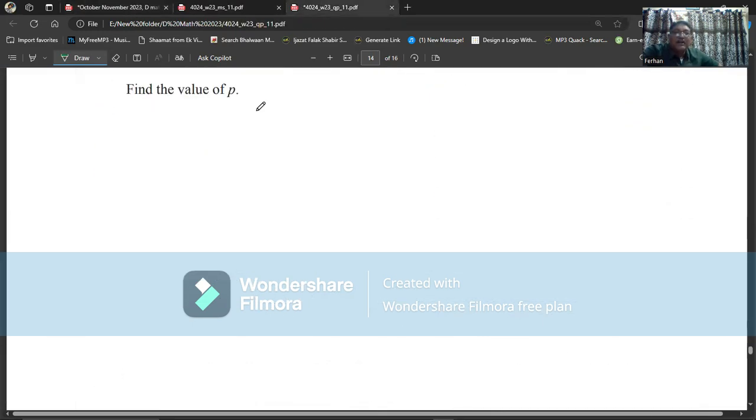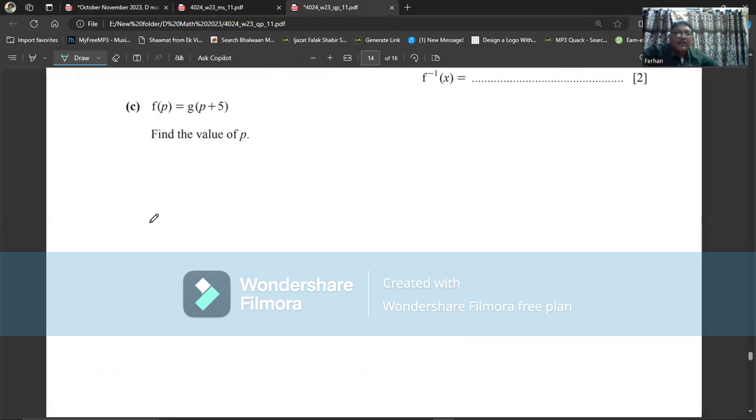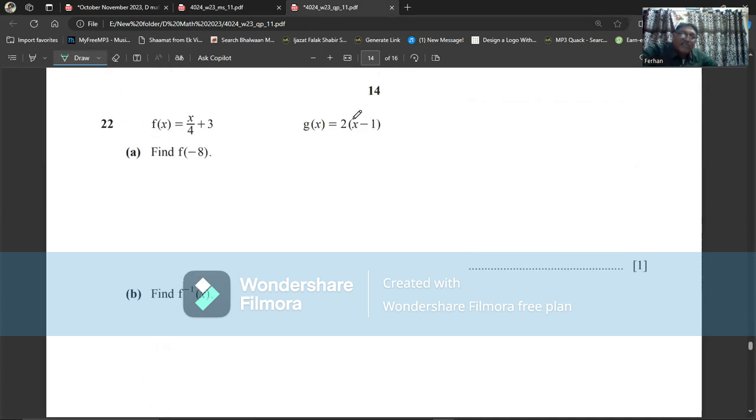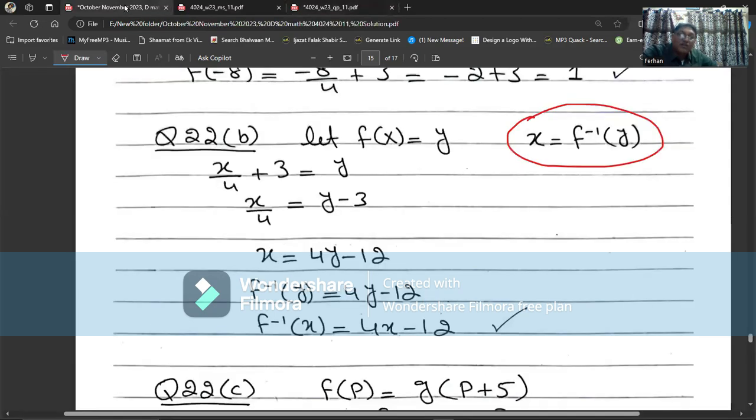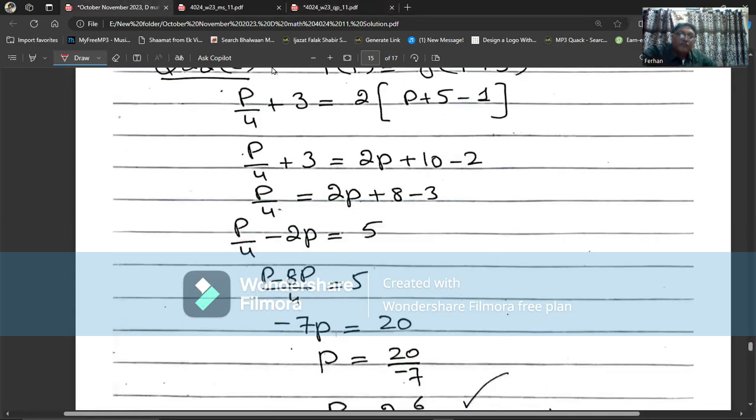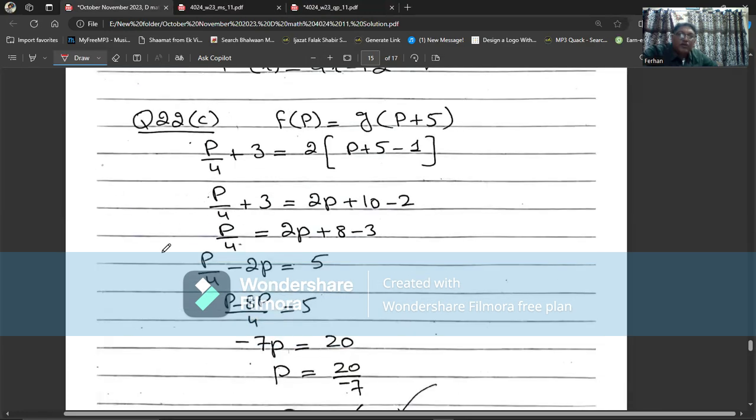Then we have a 3 marks question. It says f of p is equal to g of p plus 5. Find the value of p. Here we have the f of x and g of x. In the f of x, I will put p in the place of x, and in the g of x, I will substitute p plus 5 in the place of x. So let me show you. So f of p is equal to g of p plus 5. So p by 4, in the f of x, wherever there is x, I will substitute it with the p. So